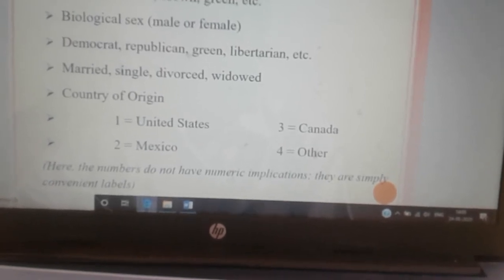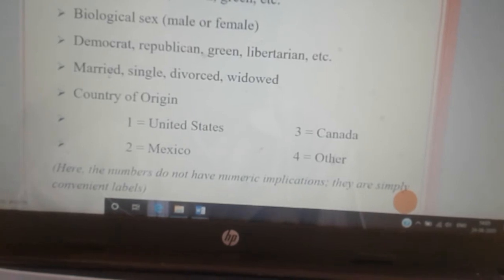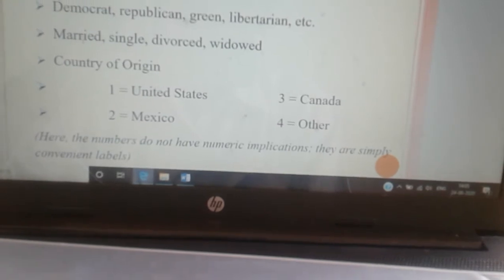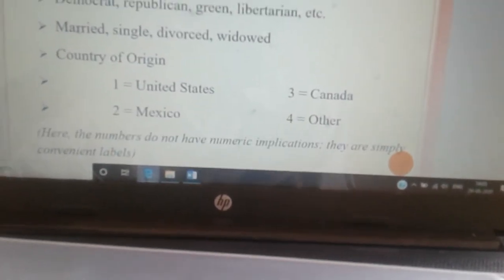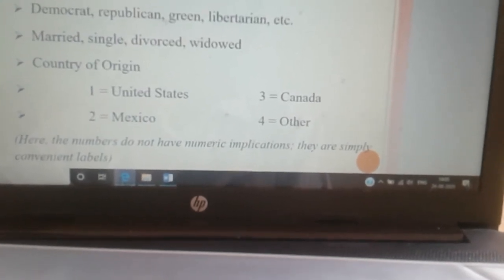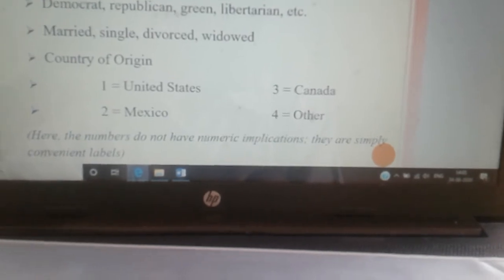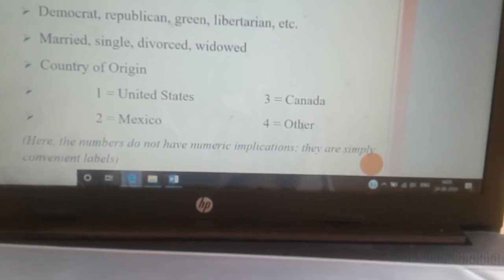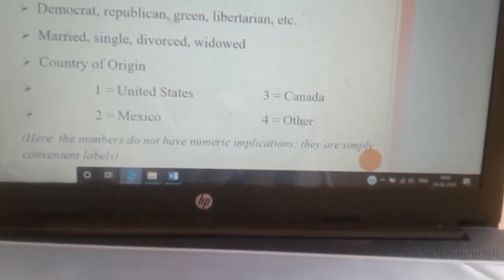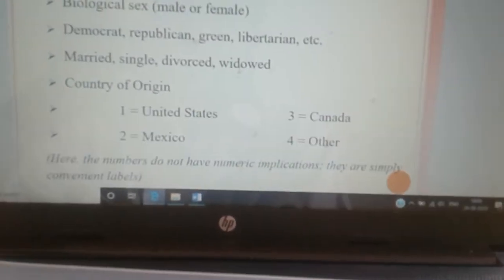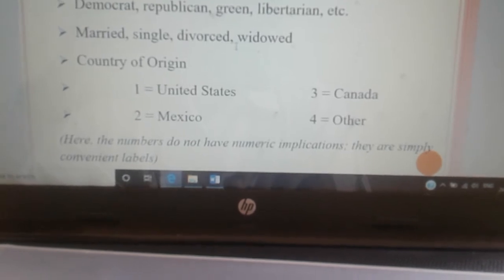Let's see another example. As a researcher, you may ask the respondent about their marital status. The respondent may be married, single, divorcee or widow. These four are the possibilities, and you can categorize the respondent based on these four categories. So you can categorize this respondent as a category 1, category 2, category 3 or category 4 respondent. This is how the nominal scale is categorized or considered.